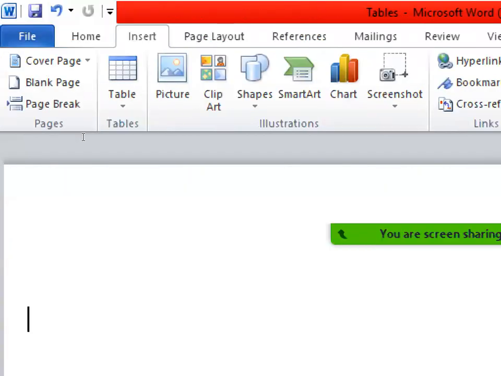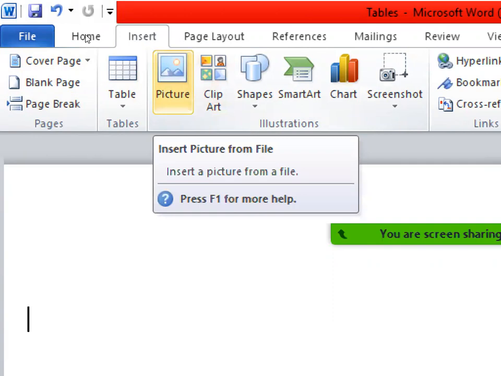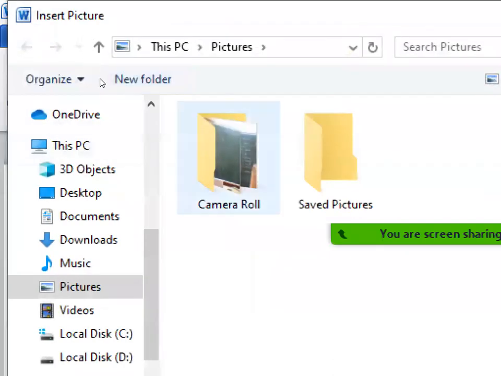Now, if you want to include an image or a clip art, that can be done by using this Insert tab. Here we have a group called Illustrations, and inside that we have the option called Picture. So if you are explaining something and you want to include a picture or an image, you can select this option called Picture. The moment you click on Picture, it will ask from where you want to add it.